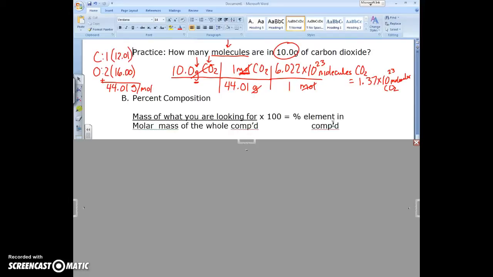It is the mass, and by mass I mean the molar mass of what you're looking for. So if we're looking for oxygen, it would be the molar mass